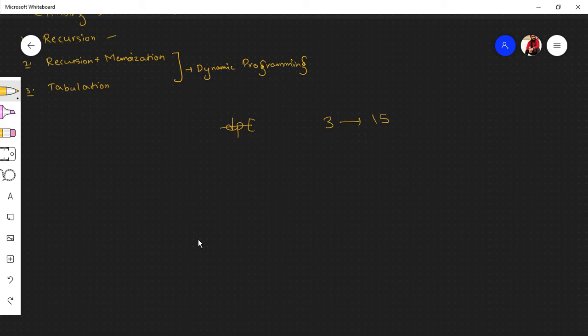Just imagine this, we basically want to reach 4 and we have started from 0, but on 3, while you are standing on 3, you can reach 4 in 15 ways. Okay, we'll just store this total number, 15 ways, in 3, so that we do not need to do it again and again. That's how memoization works.